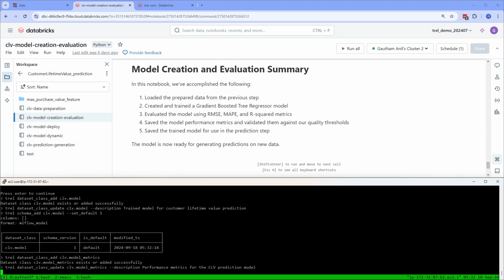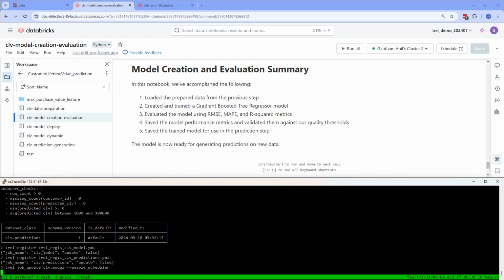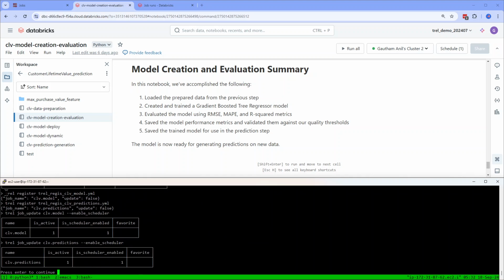So we can see the dataset classes getting added, and the jobs getting registered. The way you do registration on the command line is you should have the YAML file locally, and then just say trel register, and that's going to take care of that. And we're going to enable the scheduler for them as well. So next we're going to